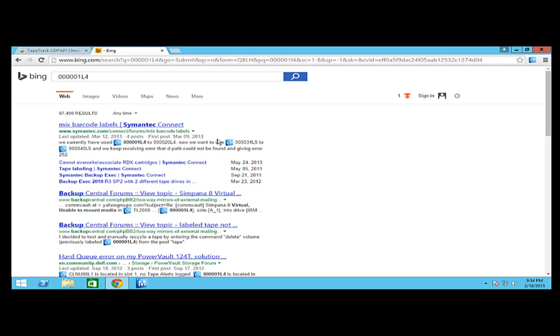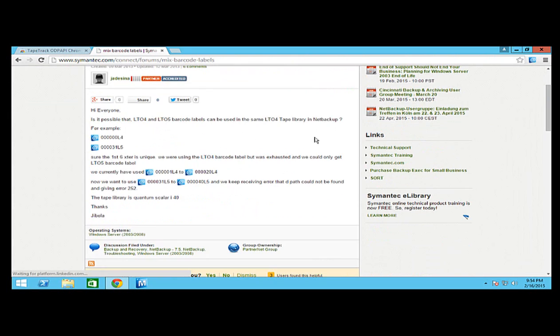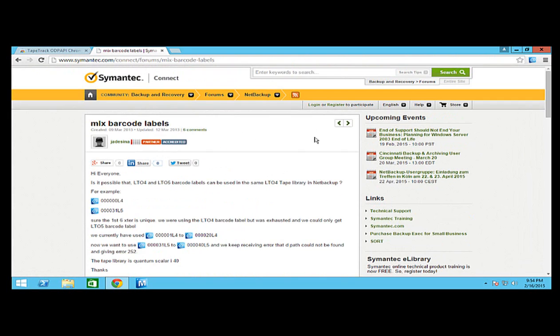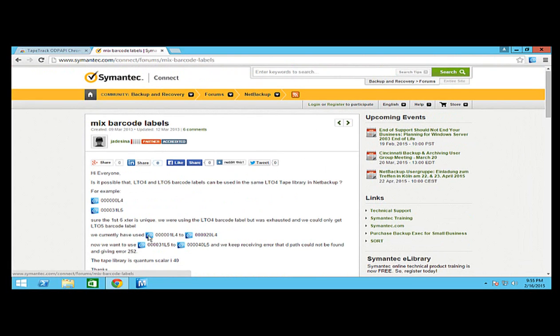TapeTrack icon before it. So if we select this, you'll see here, this is just on the Semantic website, someone asking a question about barcode labels. Now, if we click on one of these,